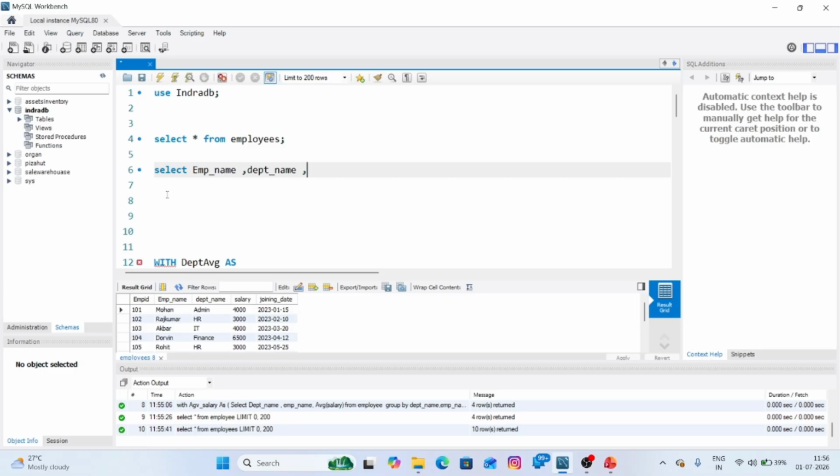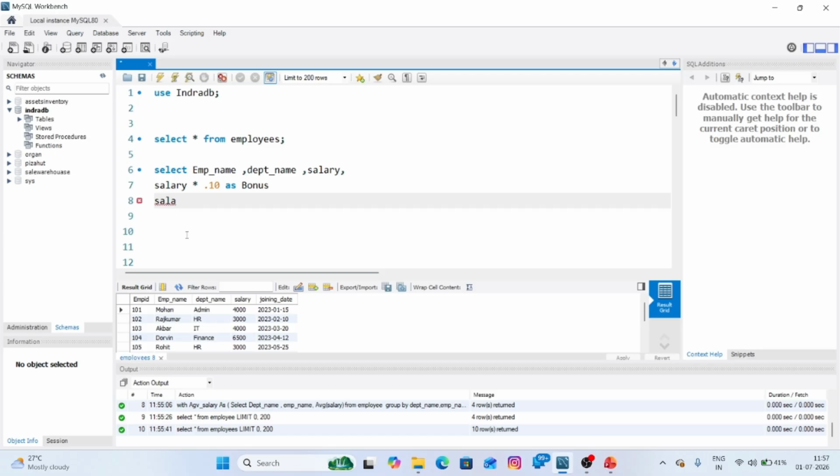Then I'm going to use salary. And what do I want to do with salary? I want to give a 10% bonus. Not 20, only 10%. So salary into 0.10 as bonus. And now I'm going to use this 10% bonus plus whatever result I'm getting, adding it to another column.